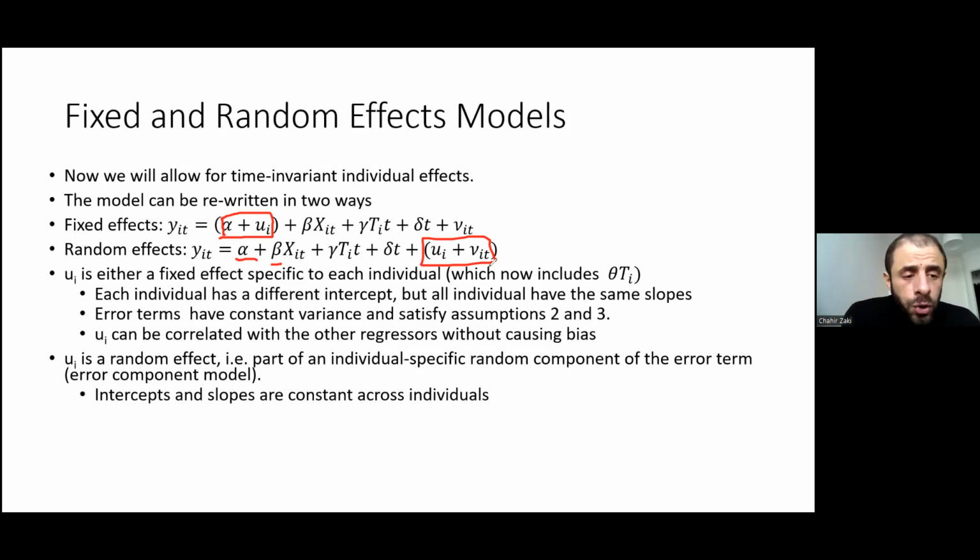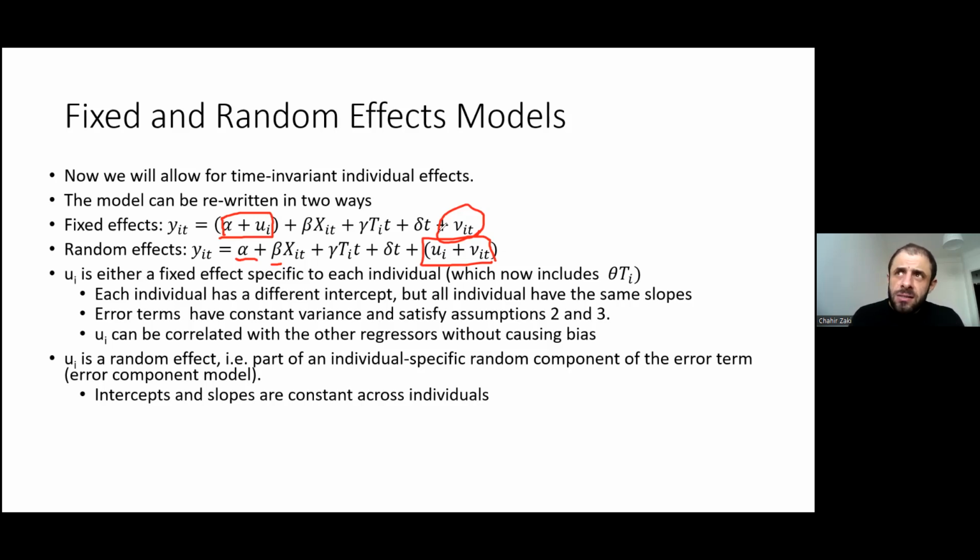Okay, so u_i is a fixed effect specific to each individual, because it's part of the characteristics of the individual. And the error term here is nu_it, and we can clearly see that this error term does not include the individual effect, which means in this case that,